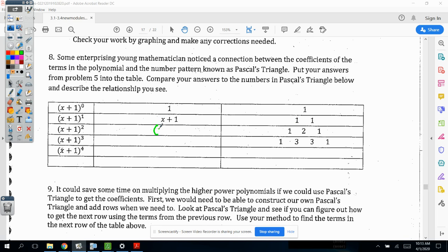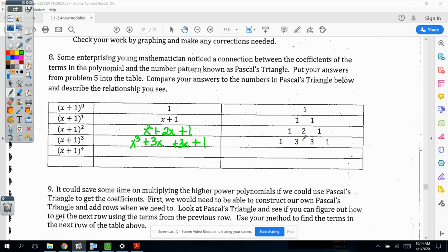So then he took an x plus 1 squared. I don't want to rewrite it. It's right here. And that was, if you remember, x squared plus 2x plus 1. So he took the coefficients there and he put 1, 2, 1. And then the one we just finished was x cubed plus 3x squared plus 3x plus 1, and that was the 1, 3, 3, 1. Now, if you take x plus 1 to the fourth,